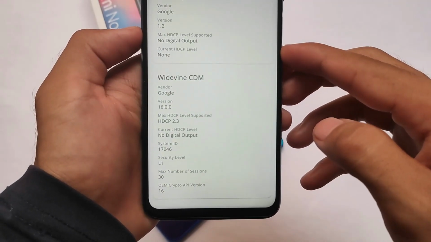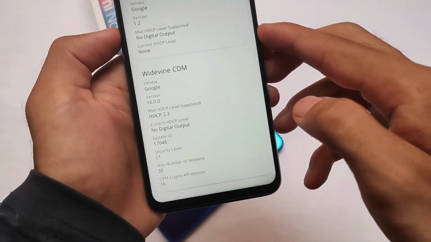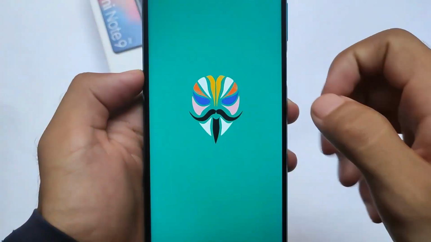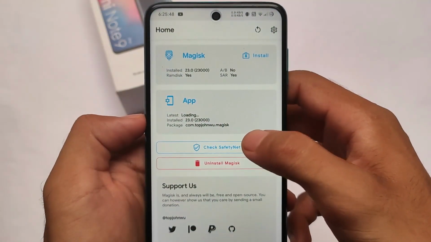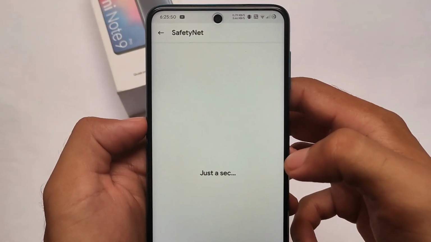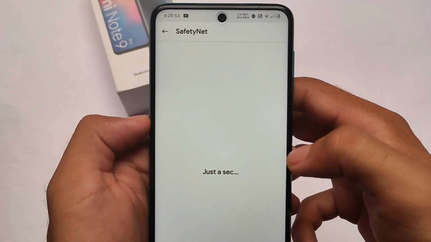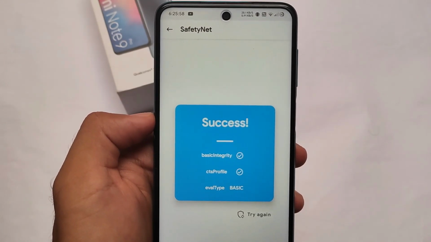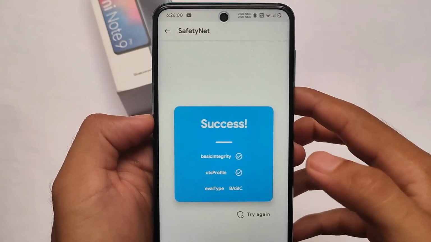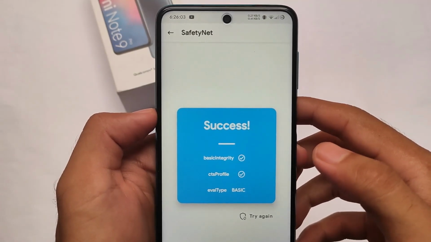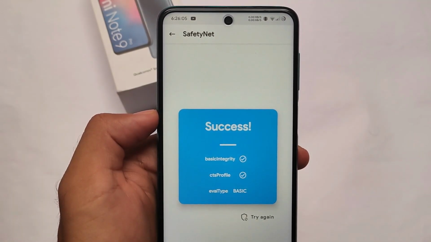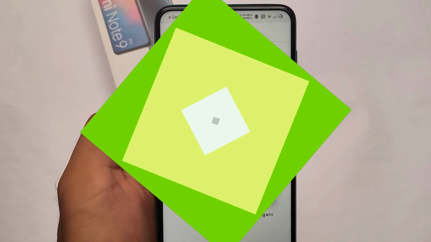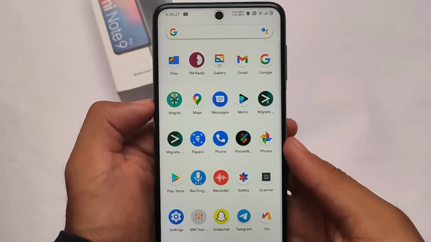L1 is also present if you are looking to use Amazon Prime, Netflix, etc. You have the L1 certificate already present, and I didn't install any kind of firmware. It's already present. If you're having any kind of issues, you can try flashing firmware. That might help you. In terms of safety status, as expected it does not have any issues. Of course, if you use Magisk, you need to hide it from settings, but if you don't use Magisk, you don't need anything. You simply use your device without root. The safety status will definitely pass. You'll be able to use banking apps on your device.